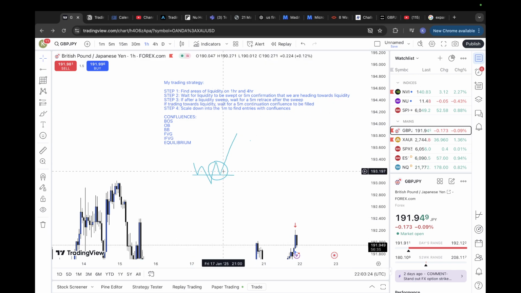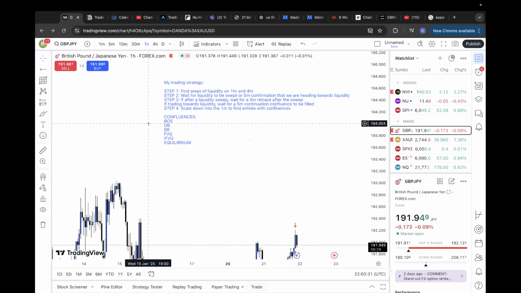then I wait for a 5-minute confluence, such as a fair value gap, and some of the other confluences that are listed on that list. And then step 4 is to scale down to the 1 minute to find entry. So say we tick all our boxes, we get a liquidity sweep,